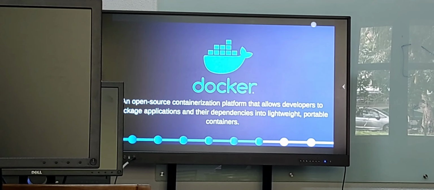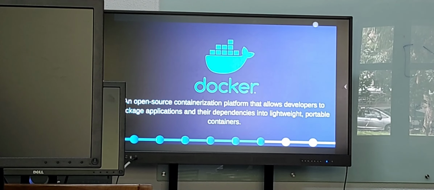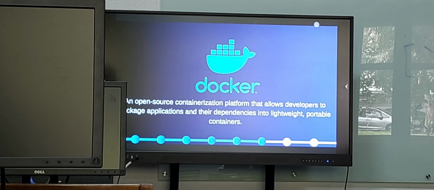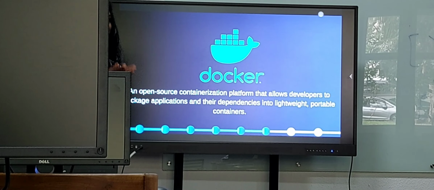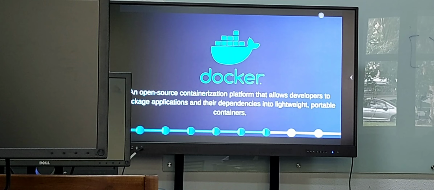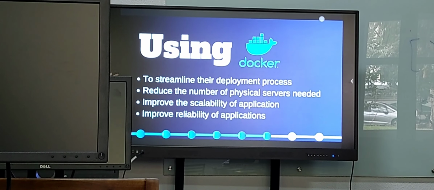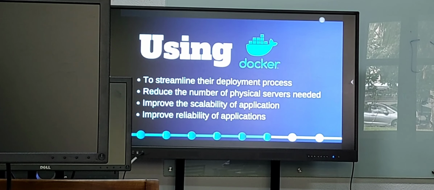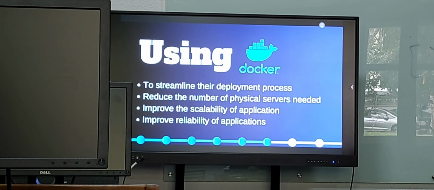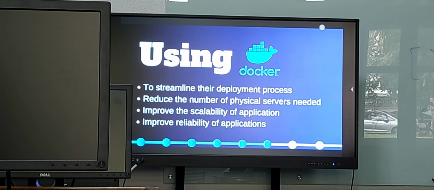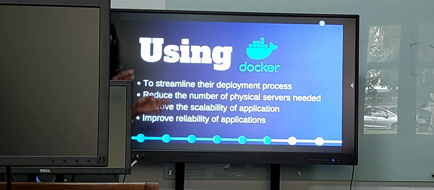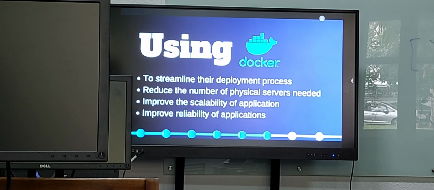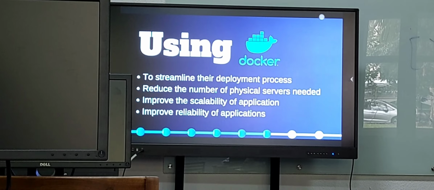We have used it for free, and it allows developers to package applications and their dependencies into lightweight, portable containers. Using Docker, Etsy's engineering team was able to streamline their deployment process and reduce the number of physical servers needed, which means they used virtual servers instead of physical servers. And they improved the scalability of applications,